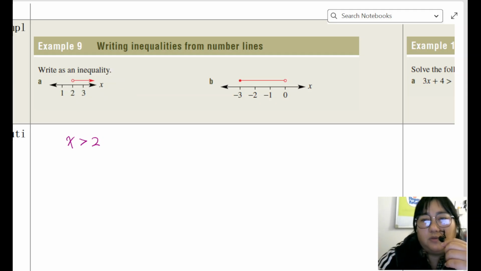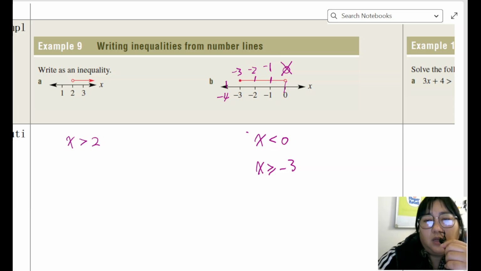Another one we can have a look at. From here, can x be equal to 0? No. Can x be equal to 1? Yes. What about -1? Yes. So that means x will be less than 0. Now we keep on checking. Can x be -2? Yes. -3? Yes. But any number lower than -3, like -4? No. So x will be greater than or equal to